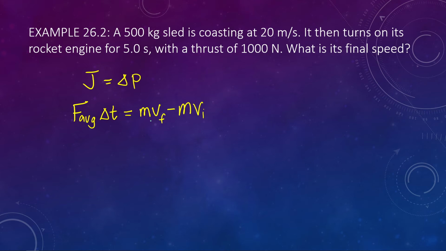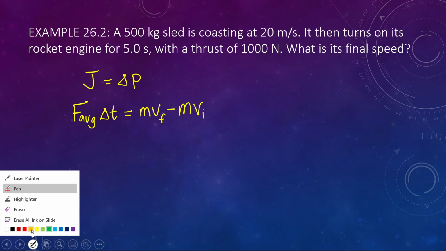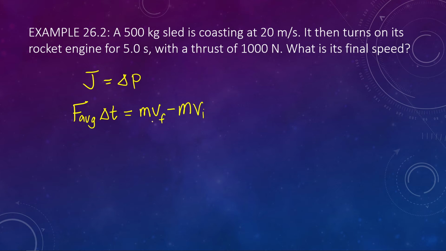We need to solve for V final. I'll show you 2 steps in the math here just for clarity. First, you could factor out the mass m, or why not just right away divide everything by mass. So we have F average delta T divided by the mass equals V final minus V initial. I divided all terms by mass. At this point, it's probably really clear what to do. We're looking for final speed. Right now it's final speed minus initial speed, so we simply add it to the other side. This gives us V final equals V initial plus F average delta T